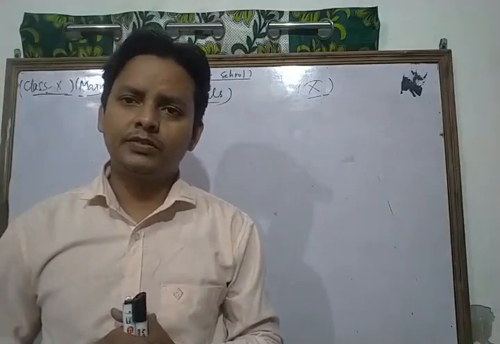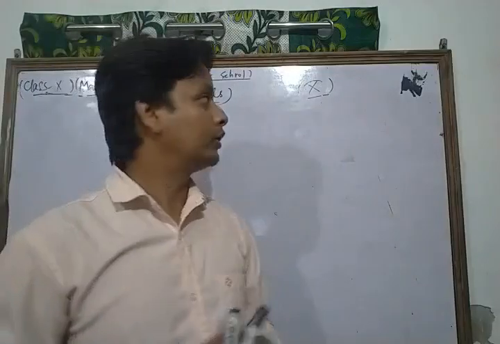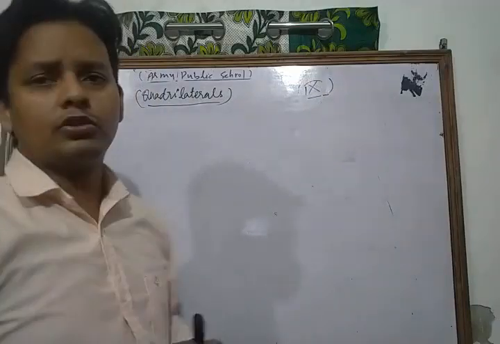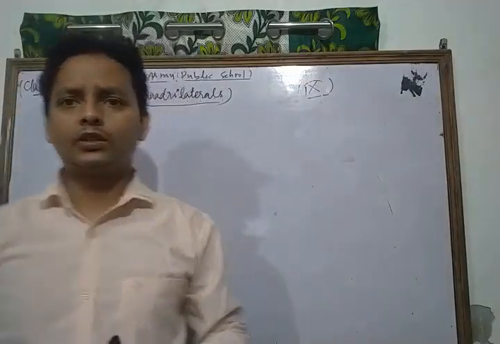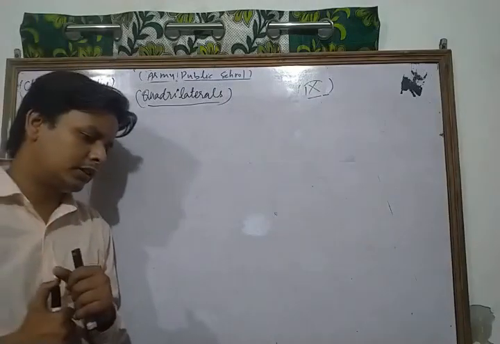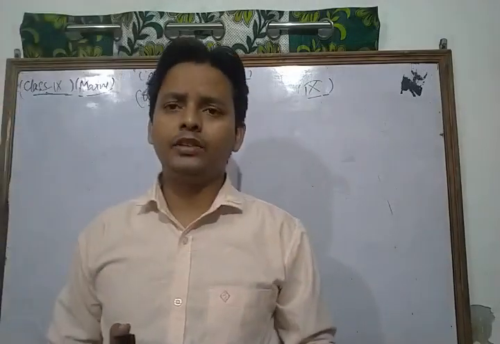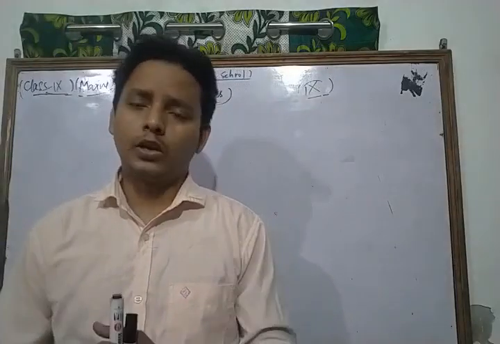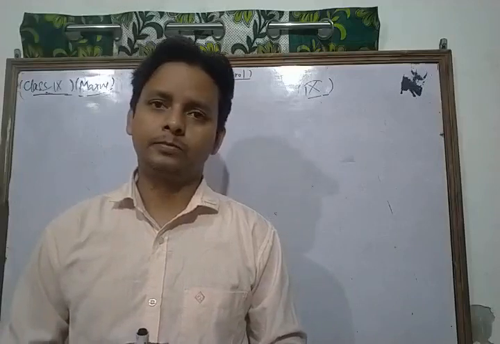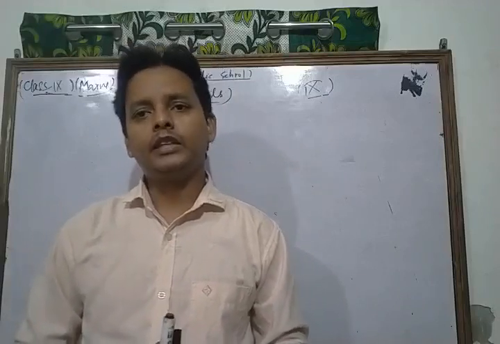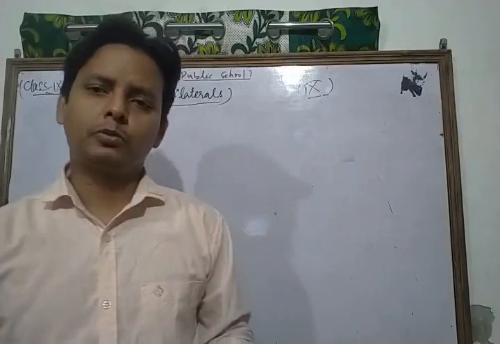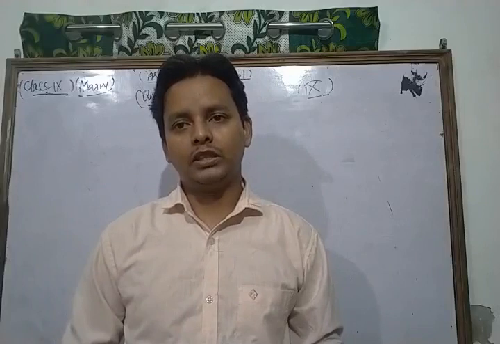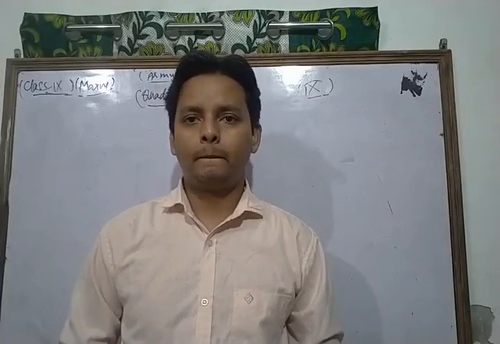Dear students, in the previous class we discussed a very important chapter of your syllabus, which is quadrilaterals. We discussed many important results related to quadrilaterals, and also the various types of quadrilateral like rectangle, rhombus, square, trapezium, kite, etc. And we discussed a very important angle sum property of quadrilaterals, and solved some important questions based on these properties.